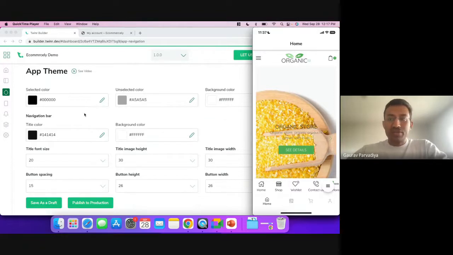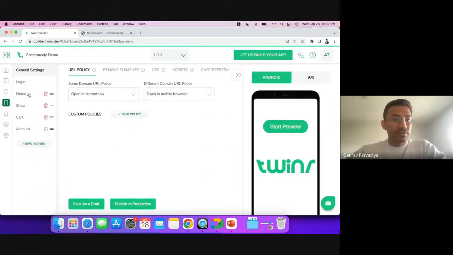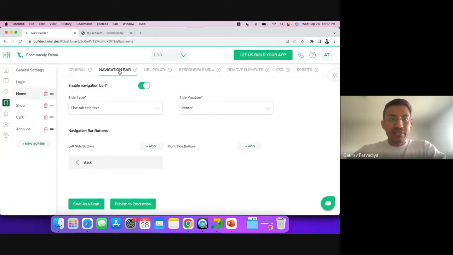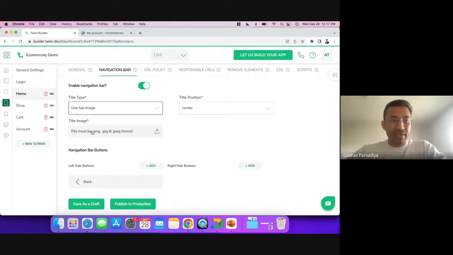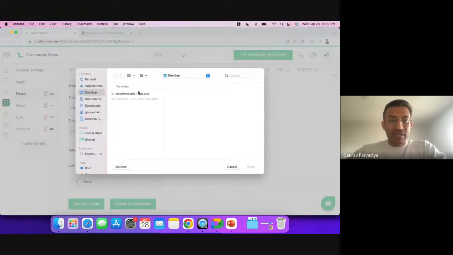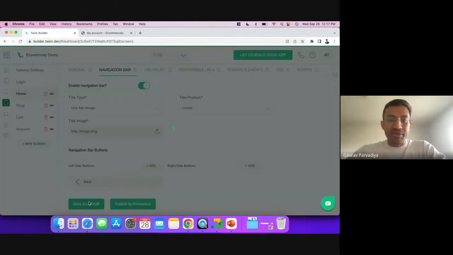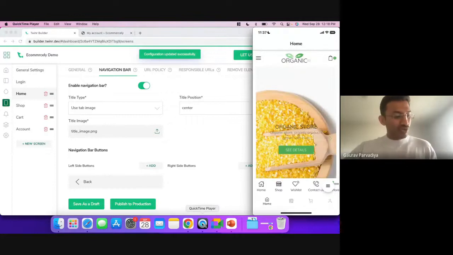So for that, what I'll do, I'll go to the screens menu, and under the home screen, I have a navigation bar section here. And under the title type, it's a title text right now. Change it to the image and select your image here. So I have my image here. Let me select it and save it as a draft. Now let's again go to the preview app,